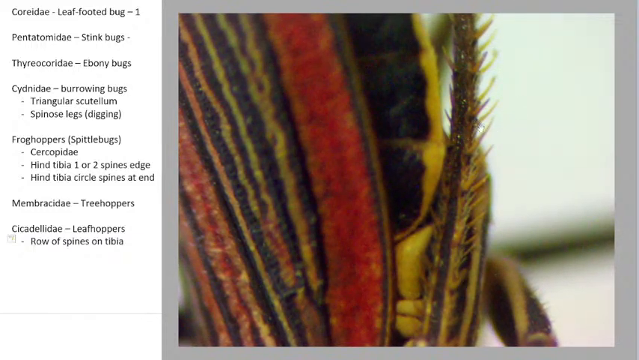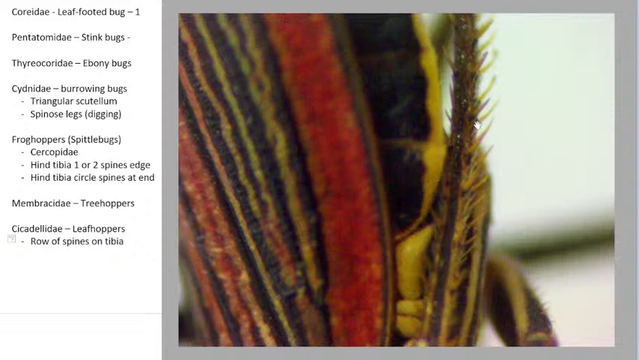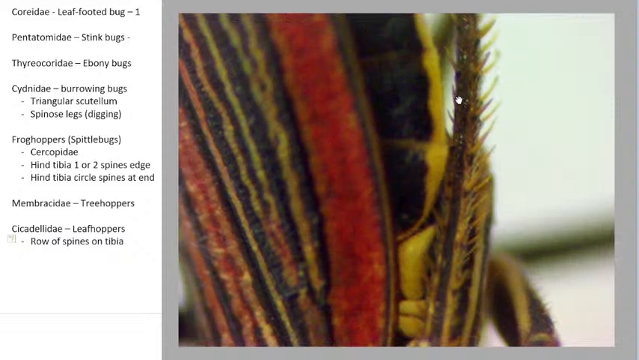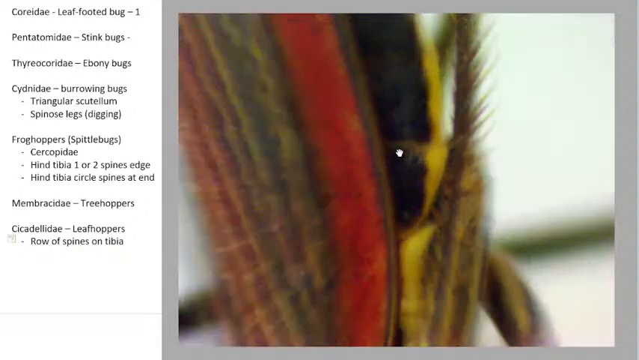You see all of those spines along the tibia? That's going to tell us that we have a leaf hopper and not a frog hopper, right? Frog hoppers have nice, smooth legs. They might have 1 or 2 spines, but leaf hoppers, they've never shaved their legs. Leaf hoppers have these really, really long spines all over the place, and that's how we're going to tell them